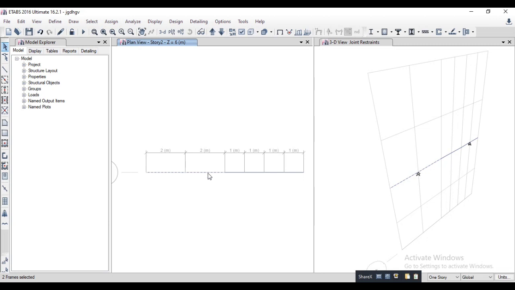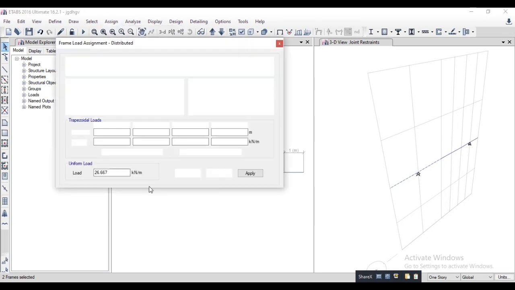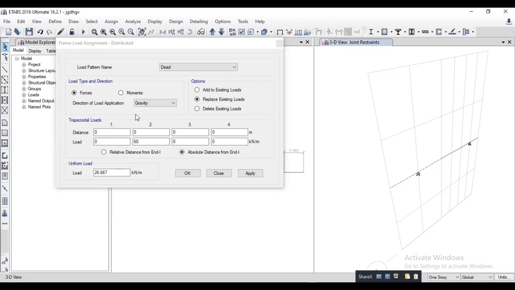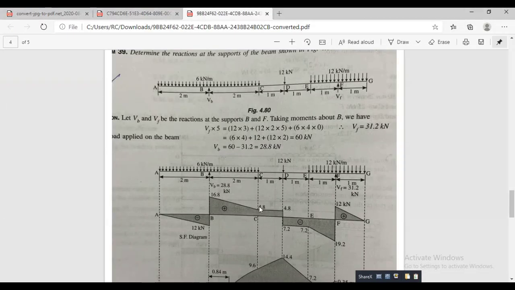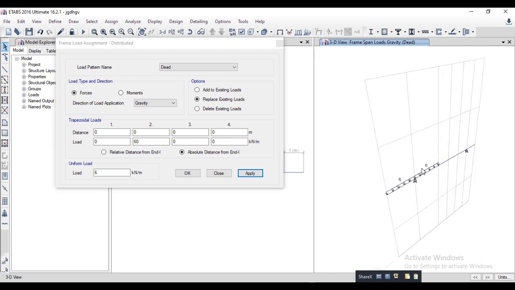Select both objects and go to frame. The value is 6 kilonewton per meter, I think. Yes, per meter. Apply 6 kilonewton. You can see here the loading value is successfully assigned.